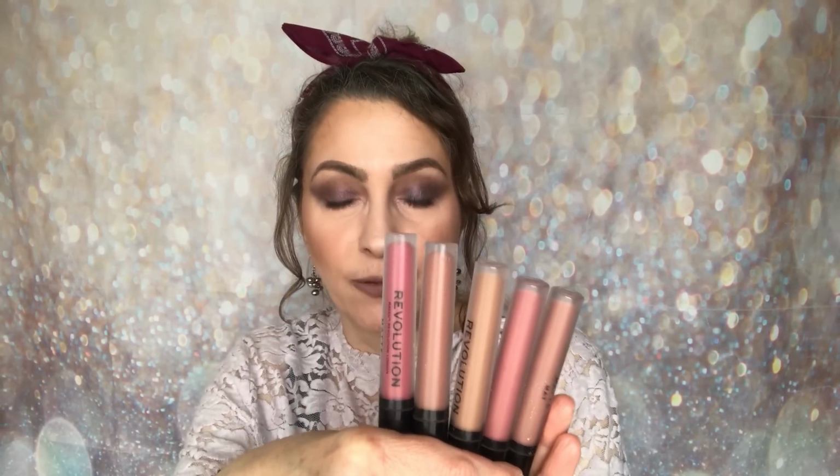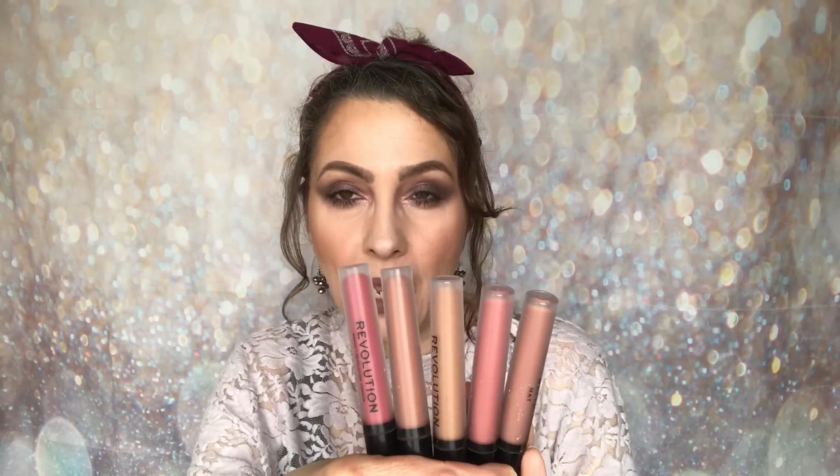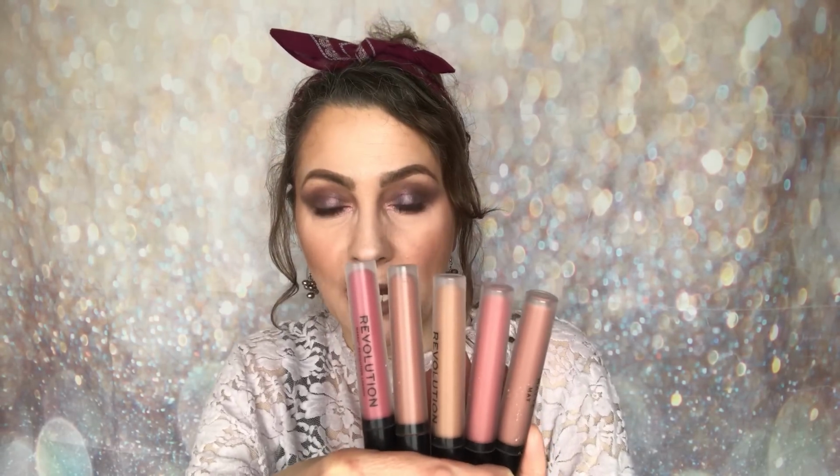It's amazing. Love it so, so much. The next 5 products are brand spanking new, but I'm obsessed. These are the new matte liquid lipsticks from Revolution. I am obsessed. These are £5 each. I've still got to pick up the rest of the collection, but these 5 are doing me just fine at the moment. Now the shades that I've gone for, I can't read them very well because they're so tiny, but